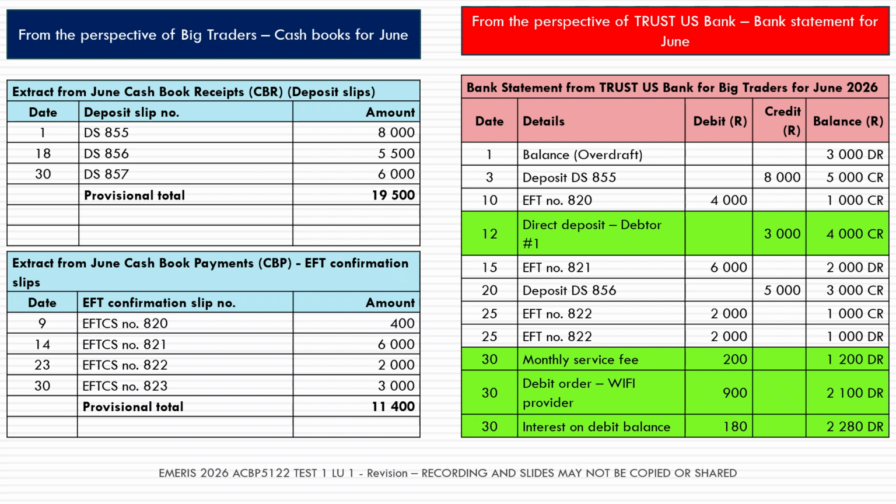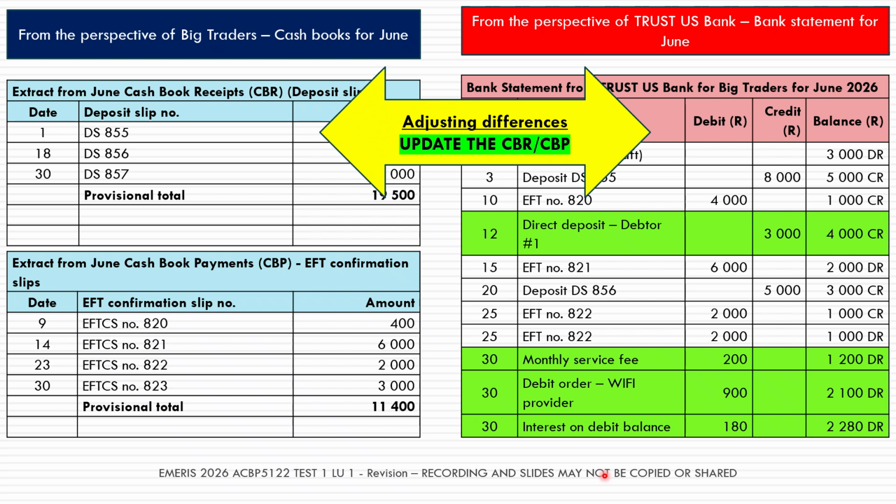I've already done that comparison, and on my bank statement I've highlighted 4 entries. These are all entries that are on the bank statement, but not yet in my 2 cash books. If you want to, you can pause the video now and quickly double check and compare the cash books to the bank statement and see if you agree with me.